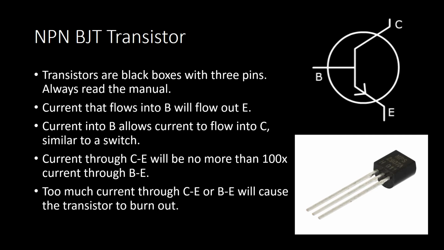And the final point I want to make here is that transistors actually produce a little bit of heat when you're using them. Each transistor has a rating for how much heat it can take, in fact, how much current it can take, which you can use in your calculations. If you exceed that limit, the transistor will heat up and it will actually burn out. It's quite easy to burn these out, and they get quite hot, and you can burn yourself on these. In the past, I've had transistor marks in my fingers from overheating transistors.